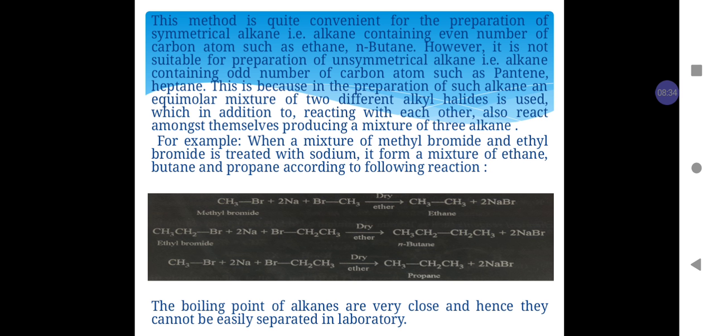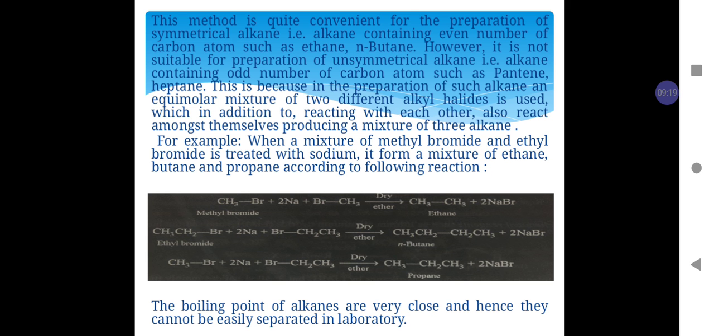This method is useful for preparation of symmetrical alkane, that is, alkane containing an even number of carbon atoms, such as ethane, butane. However, this method is not suitable for preparation of unsymmetrical alkane. Unsymmetrical alkane means alkane which has an odd number of carbon atoms, such as pentane, heptane. The reason being that the preparation of odd alkane requires reaction of an equimolar mixture of two different alkyl halides with